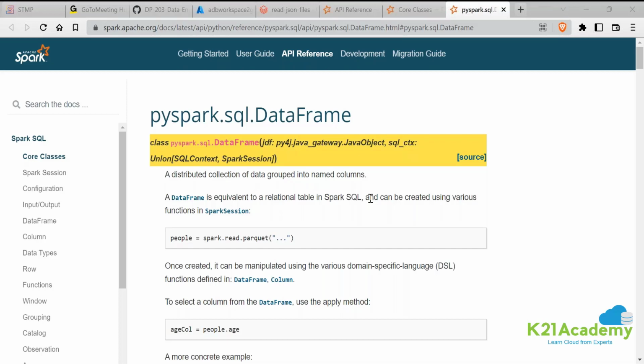Such a high volume of data cannot be processed vertically. You cannot process the data vertically, you have to do it horizontally. So it is a distributed collection of data grouped into named columns, just like you have the columns and rows. In a similar way, it is also a distributed